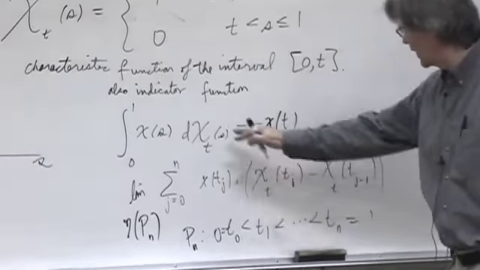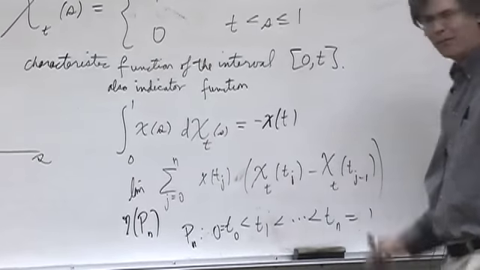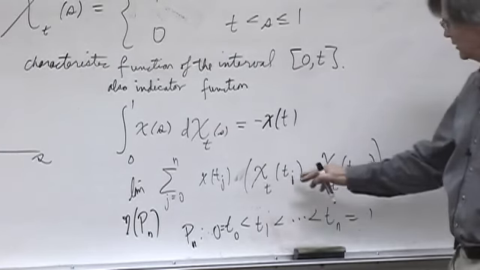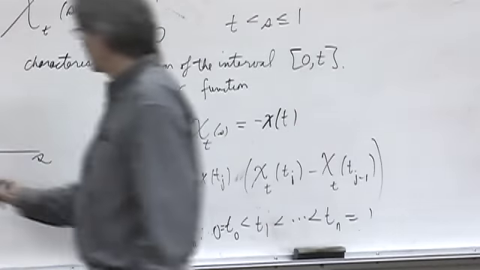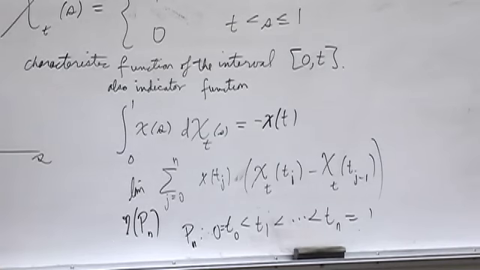Well, this is my w now. Chi_t is my w. So if I take chi_{t_j} minus chi_{t_{j-1}} at t... Now focus on the case where t_{j-1} and t_j overlap t. So if I put t_{j-1} here and t_j here, then I'm getting chi at t_j is 0, chi at t_{j-1} is 1. So I'm getting 0 minus 1 there, and I'm getting x of t_j. So I'm simply getting x evaluated here,